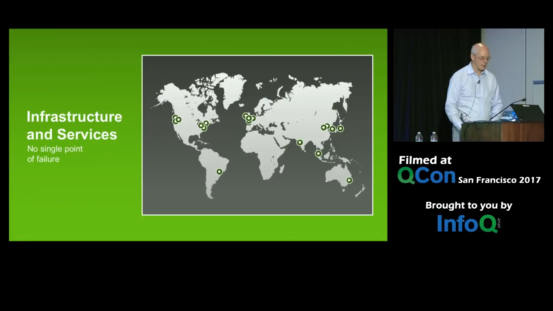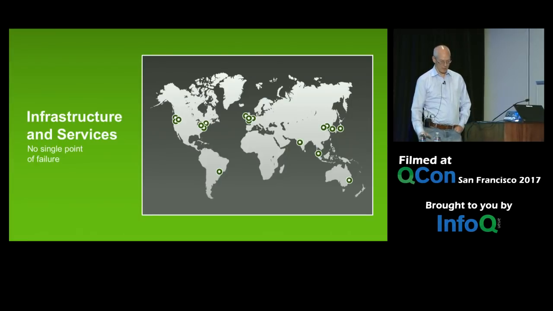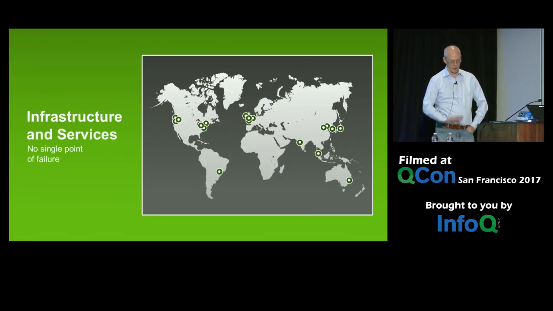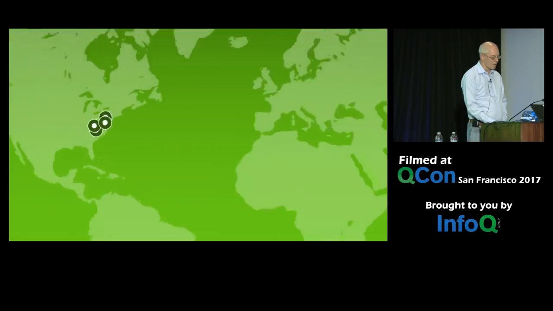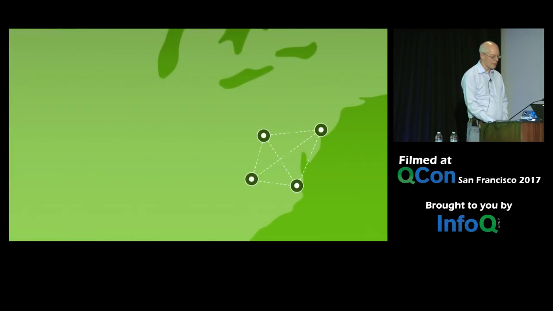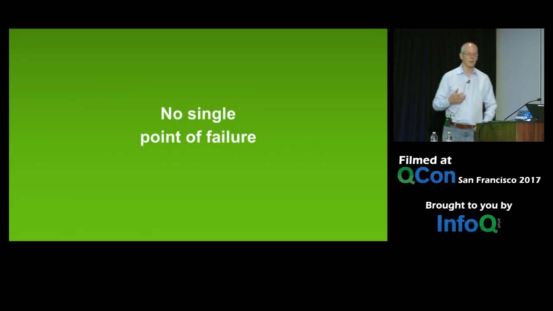First of all, infrastructure and services. You basically want to set it up with no single point of failure. And you've got all of these zones around the world and regions and whatever. It's easy to do. But what it really means is you get this region and you deploy multiple things. And if you zoom in on that, you see everything's interconnected and you've got multiple versions of it. And you zoom into one of those and there's more versions and you've got more zones. So you're using lots and lots of replications at multiple layers as you go in. But the key point here is you're just trying to get to have no single point of failure.